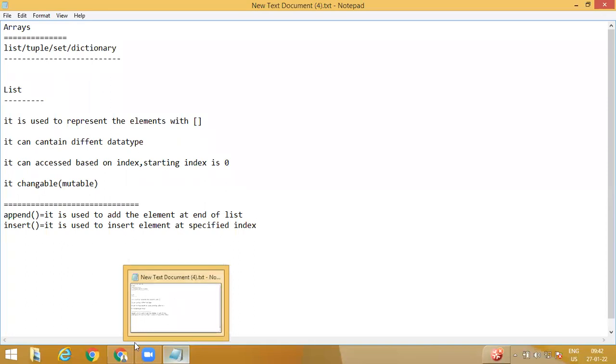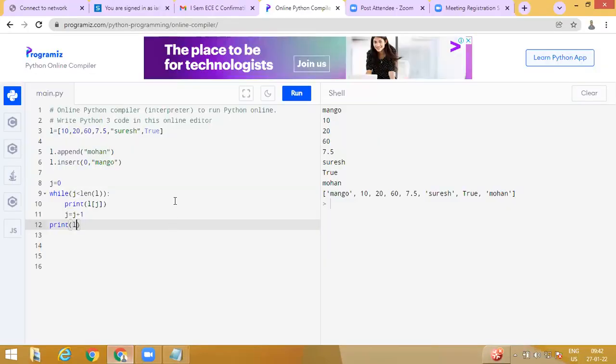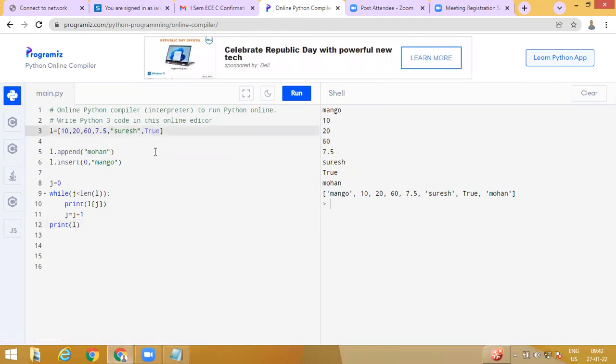And we can access the elements based on reverse order also. Suppose 0, 1, 2, 3, 4, 5. This is the last index. Minus 1 is here. If we write the minus, print of